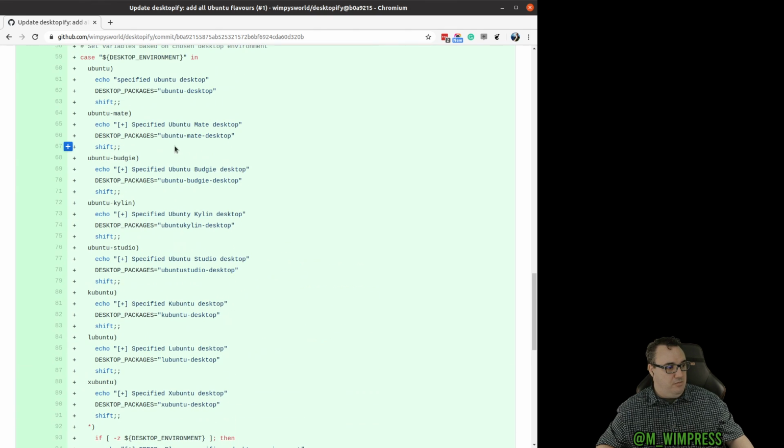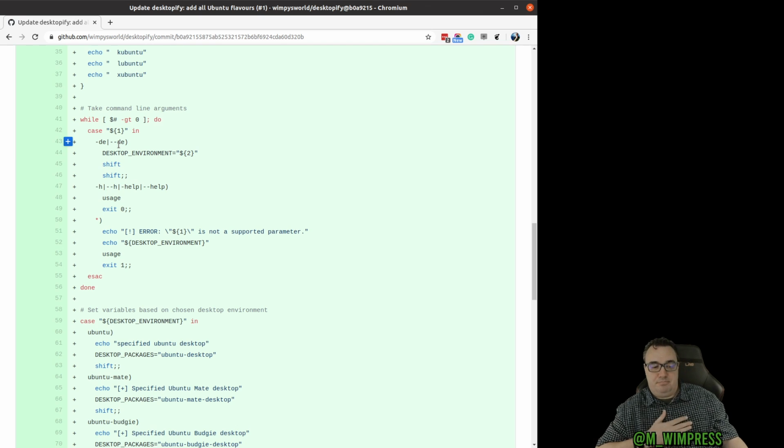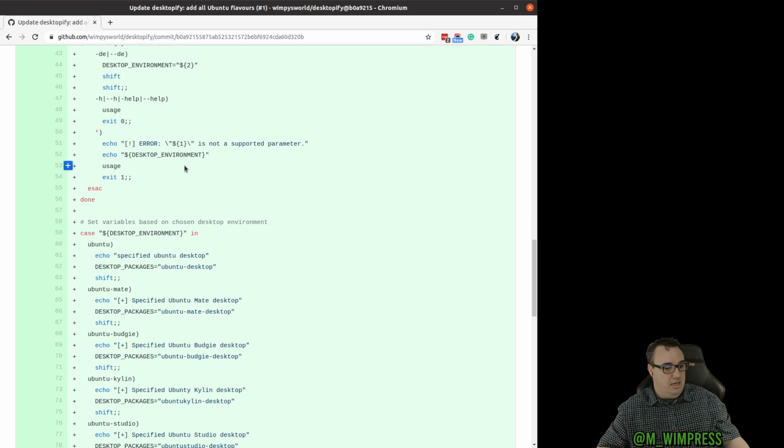So as you can see here, we've got support to pass the DE flag in, and then you can choose which desktop flavor you want to use. So that's that one,